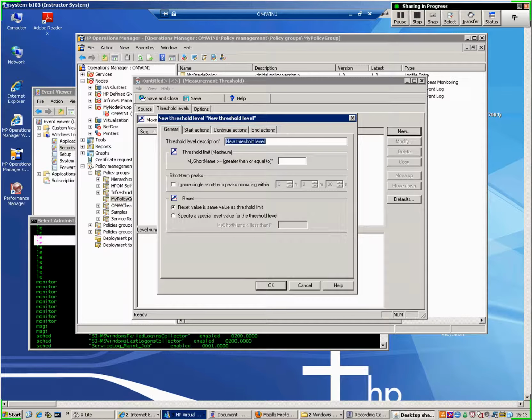I'm going to call it major above 20%. So I'm going to say here that if the threshold is greater than or equal to 20,